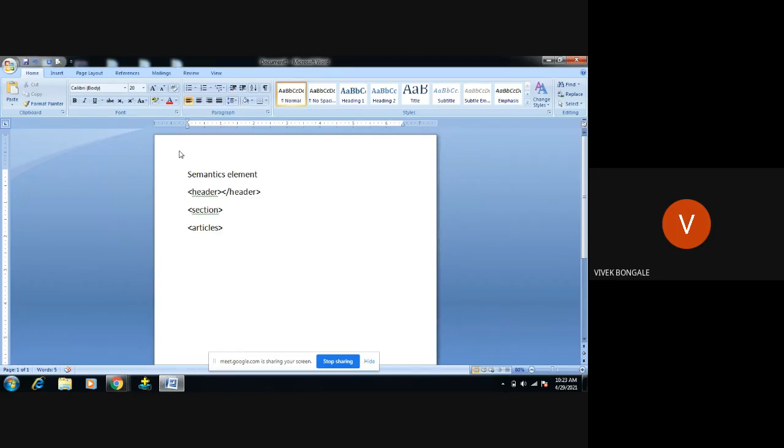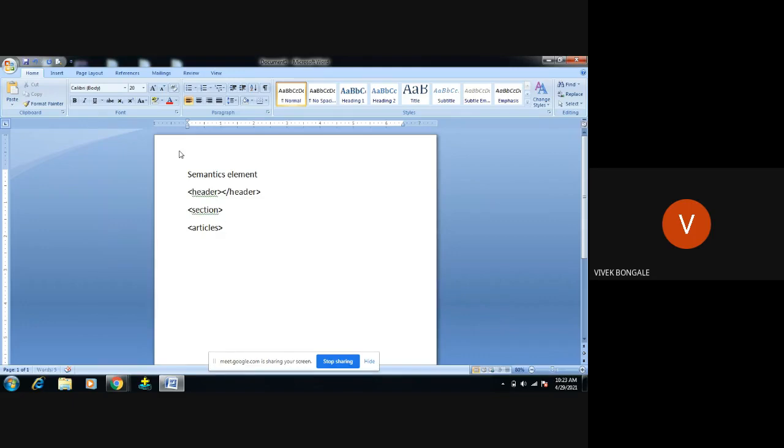We can use it or we can ignore it. It is optional. If that particular developer wants to give a small description of that one particular concept, that thing is going to be included in the article section. If you don't want, then within the section, you are going to start explaining each and everything he wants to show in the browser.